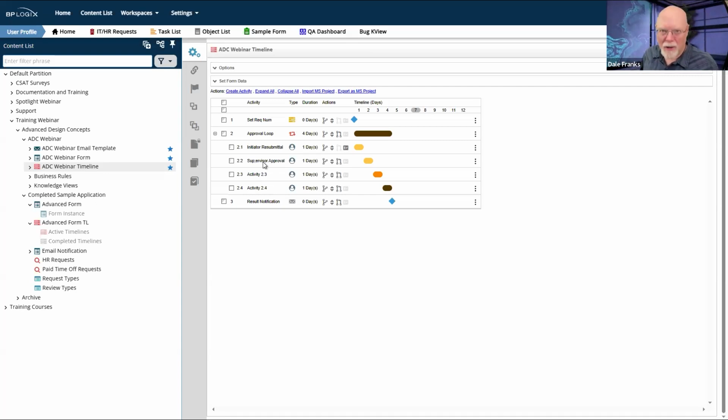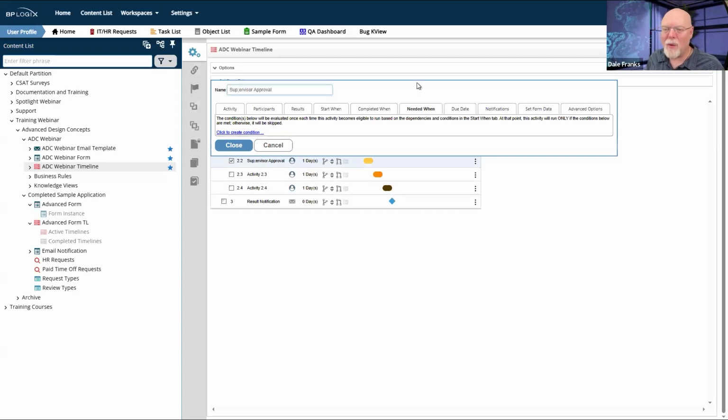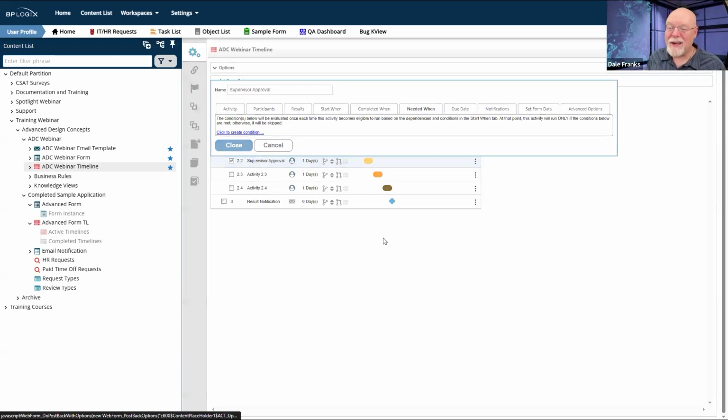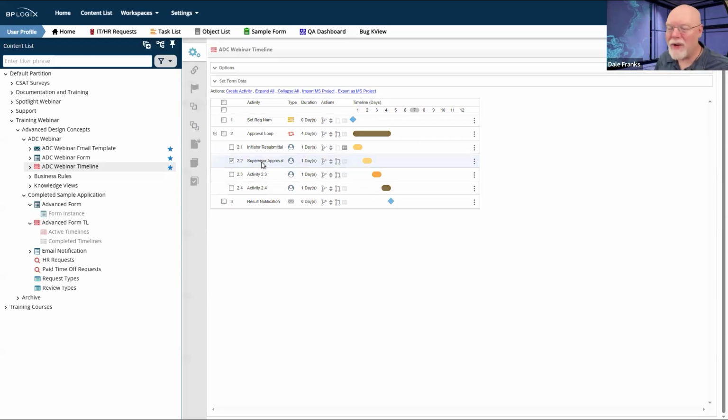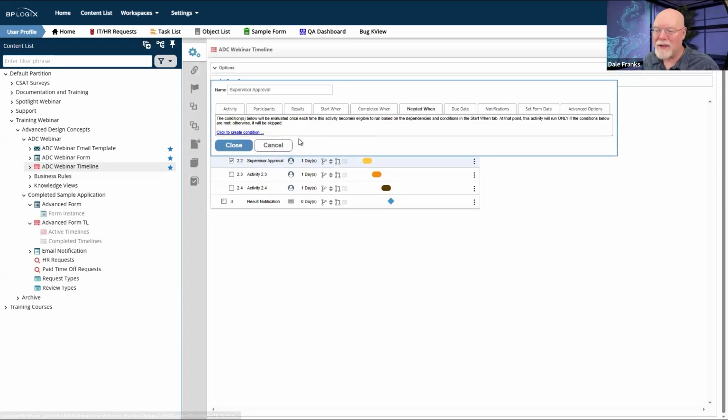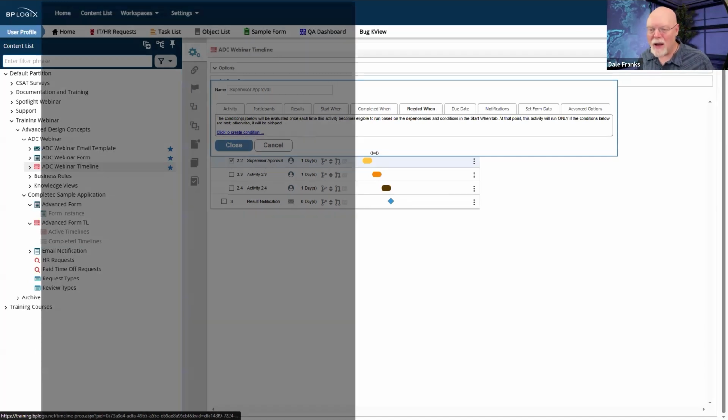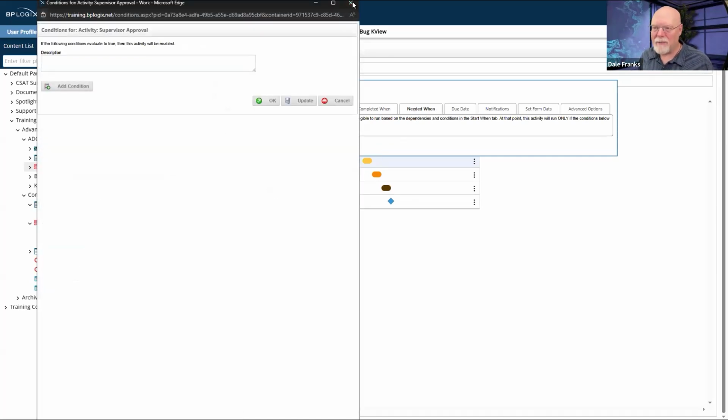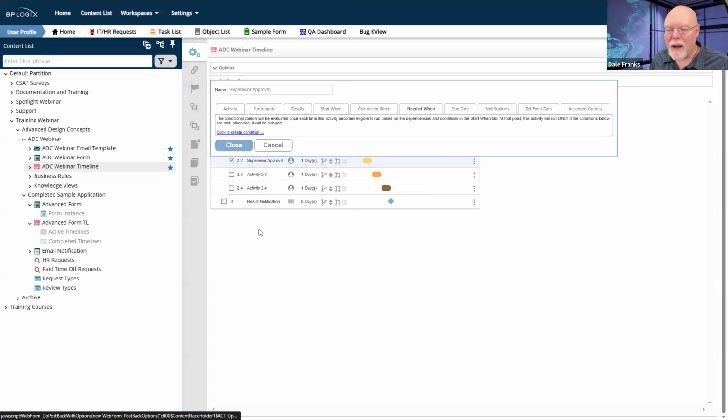I'd be sympathetic to that argument in the past, but on a strictly "I'm lazy and I want to do as little work as possible to accomplish result X" basis, which is generally how I approach things, we are about to make it possible to copy and paste timeline activities. So that's something we are working on, which means if you have one activity where you have already done your complex needed when conditions, that clearly I failed to save whenever I did this, in the future, you're going to